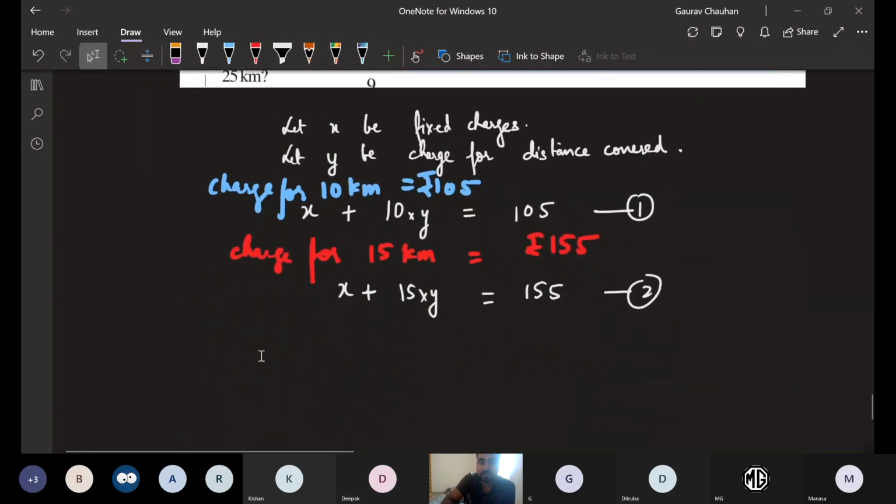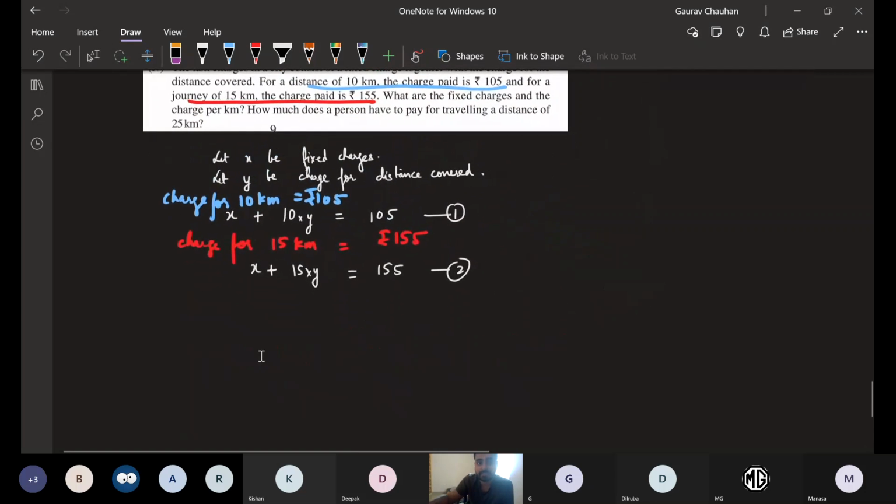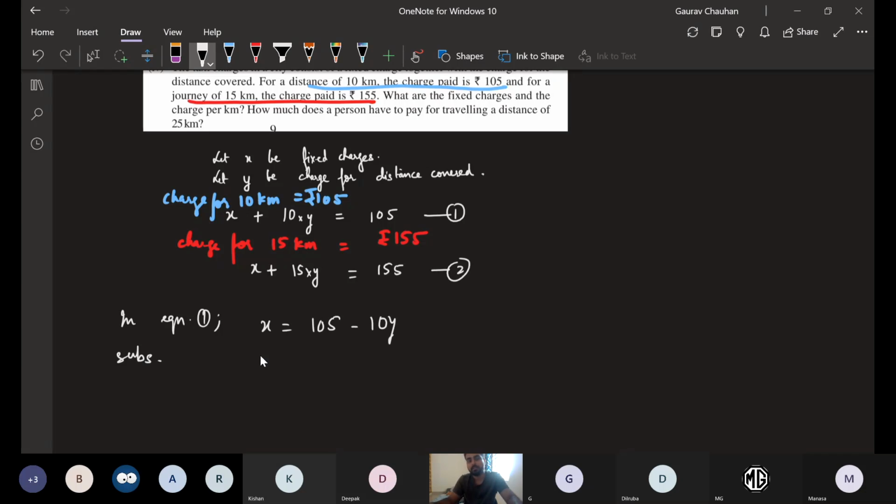Okay. So now let me quickly solve this. There is a second part to this question: how much does a person have to pay for traveling a distance of 25 kilometers? So let me quickly solve this by substitution. In equation 1, X is equal to 105 minus 10Y. Substituting in equation 2, we have